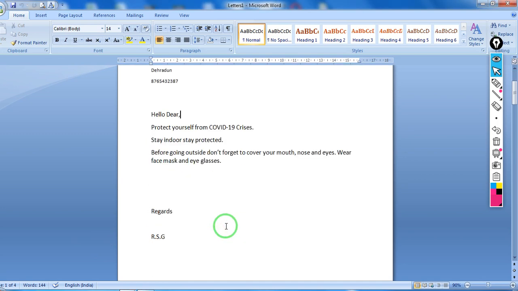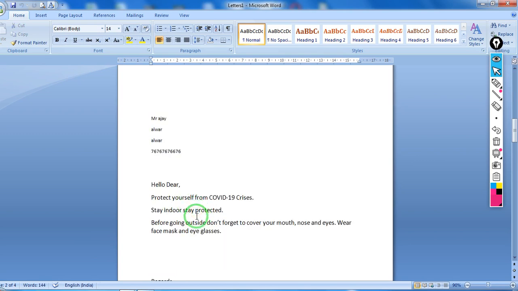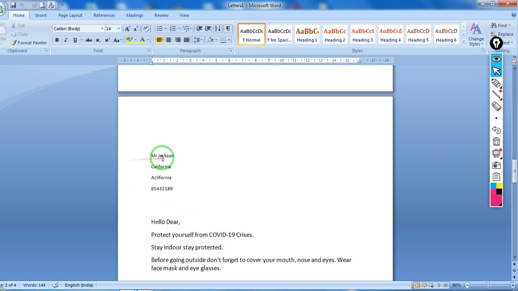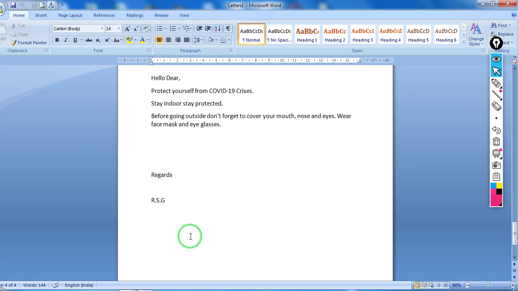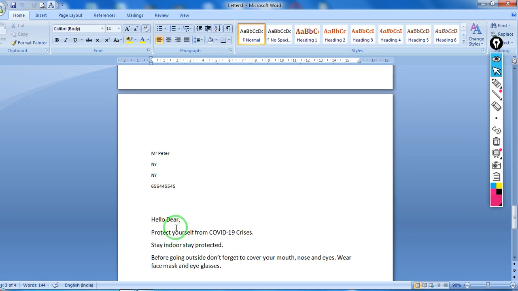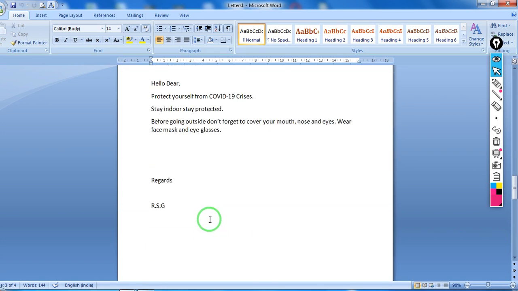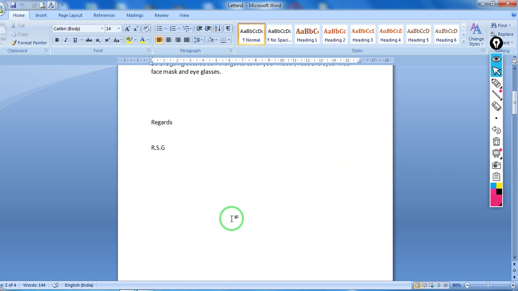When you scroll down, you can see the second record from the data source merged with the main content. In the third page, the third record and the main document, and similarly you can see the other documents also. If there are 100 records, it will automatically create 100 pages. So you don't need to copy and paste the content into all the pages. Just go for the mail merge feature, create a main document, create a data source and merge them. This is a very interesting feature. You can try it, and it will save your time and effort.